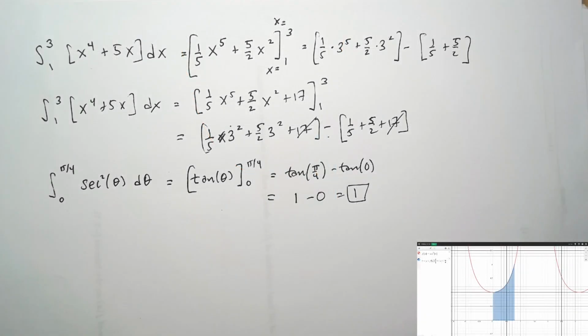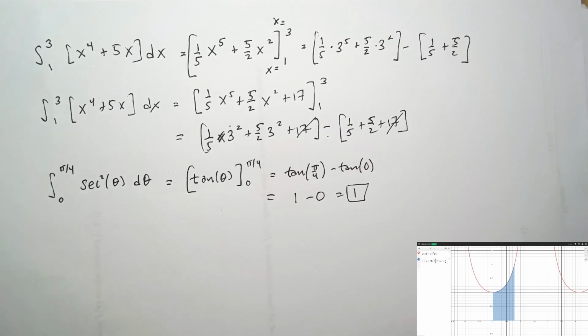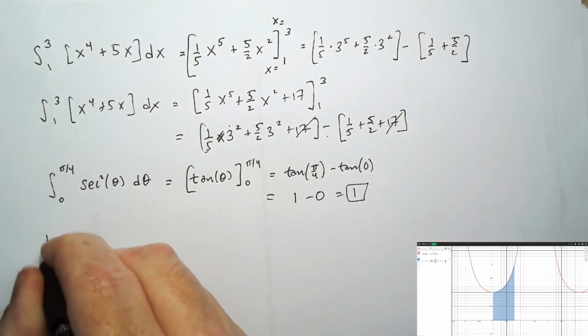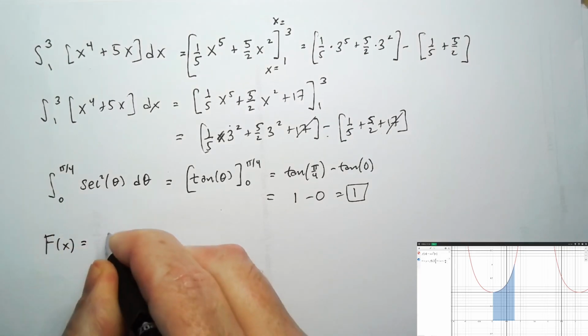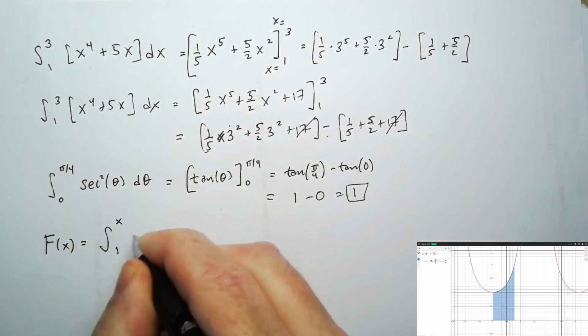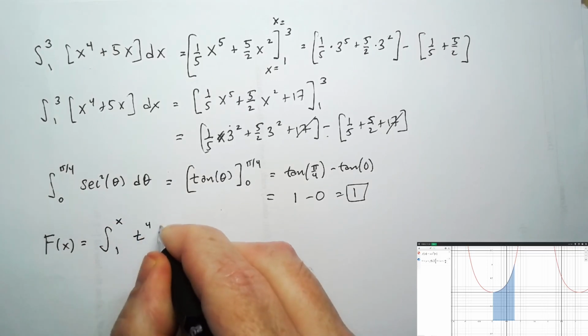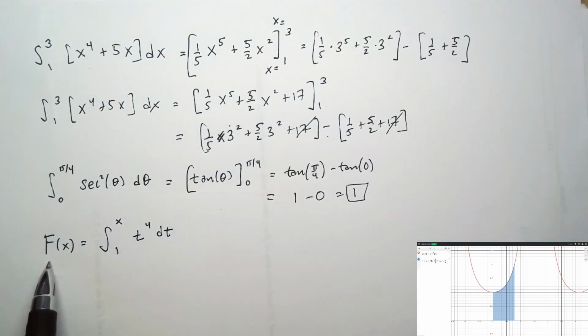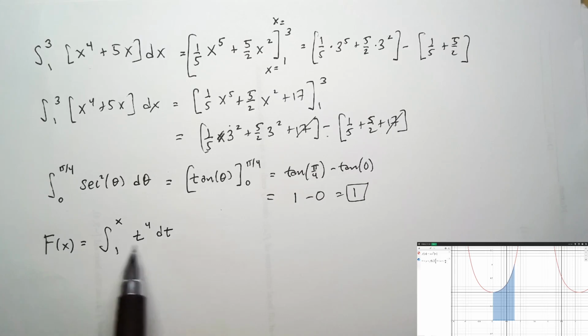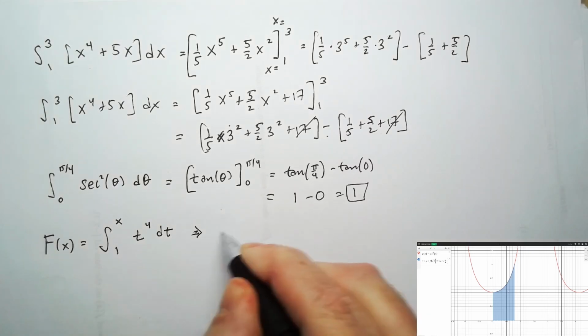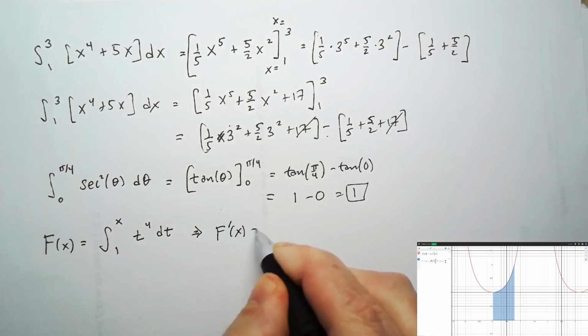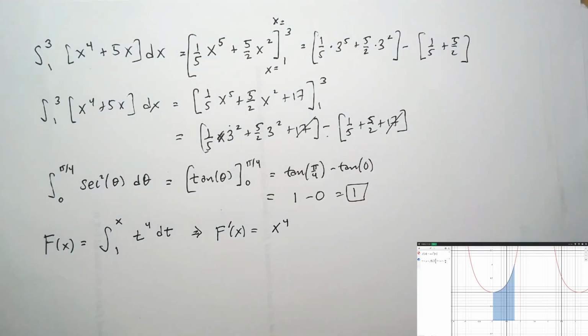Although we use the second part of the fundamental theorem of calculus more often, we'll occasionally have use for the first part. For example, we might define a function, capital F of x, as the integral from 1 to x of t to the 4th power dt. If for some reason we want to find the derivative of this function, big F, we could work out this definite integral as a function of x and then take its derivative. Or we could use the fundamental theorem of calculus that says that this must be equal to x to the 4th power, the little f